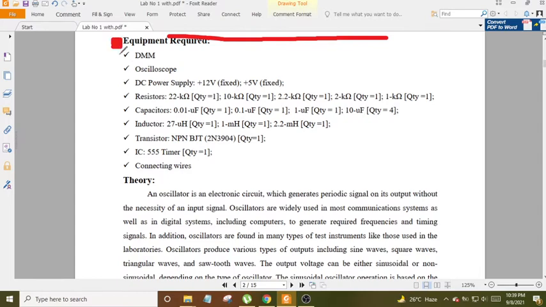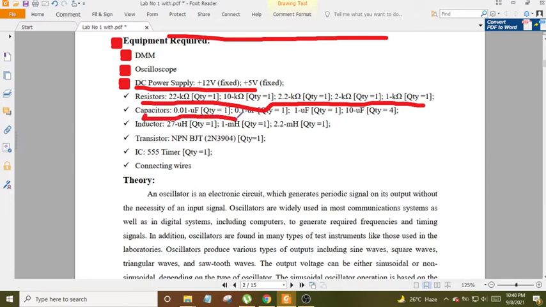Equipment required. DMM. Oscilloscope. DC power supply, plus 12 volts, fixed, plus 5 volts, fixed. Resistors: 22k ohm, quantity equals 1; 10k ohm, quantity equals 1; 2.2k ohm, quantity equals 1; 2k ohm, quantity equals 1; 1k ohm, quantity equals 1. Capacitors: 0.01 uF,